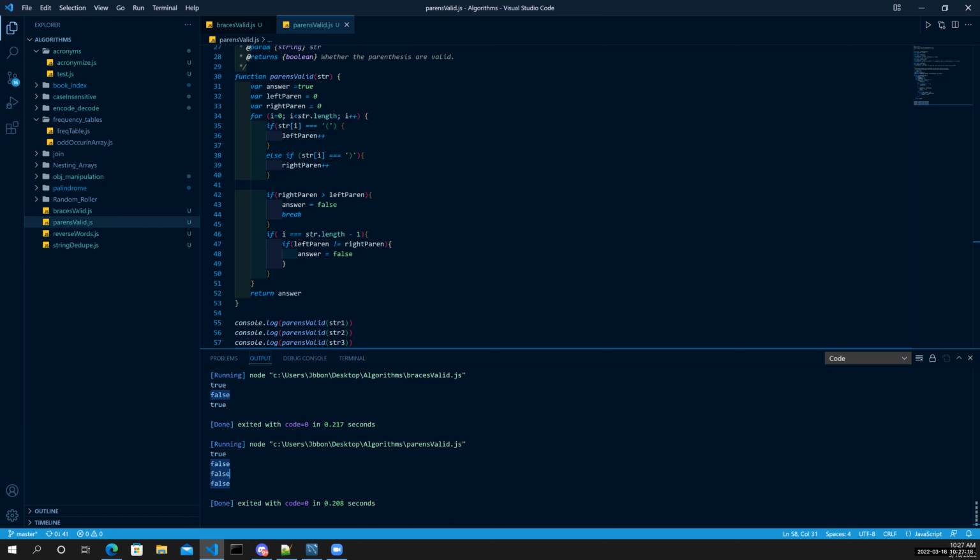Cool. One thing you can do though, instead of using the break on line 44, if you're in a function, you can just say return false. You don't have to set the variable to false. You could just say, at this point, return false, and that will automatically end the function, end the loop, and just kick you out. But this is fine, this works as well, it's just a little cleaner. I see that more frequently, where if a condition is false and they're trying to return a Boolean, they'll just say return false. Okay. Yeah. I got you.